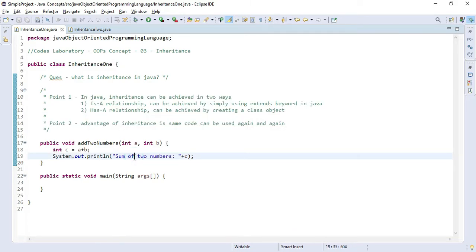Point 1 says, in Java inheritance can be achieved in two ways. First is a relationship. In this technique, inheritance can be achieved by simply using the extends keyword in Java. The second technique is has a relationship, and this can be achieved by creating a class object. Okay, so before going forward and before going to understand this,